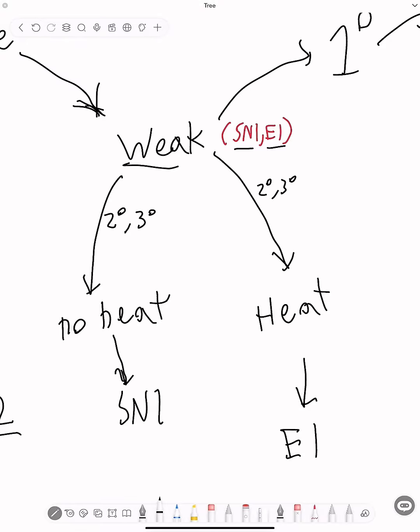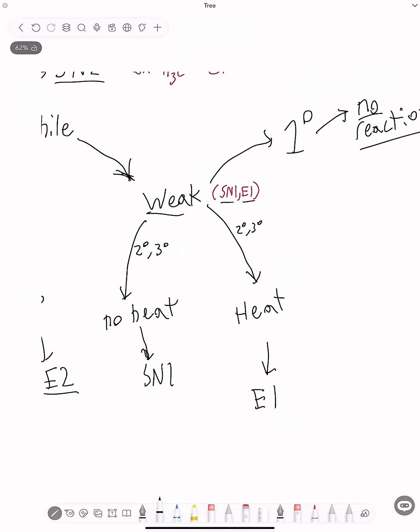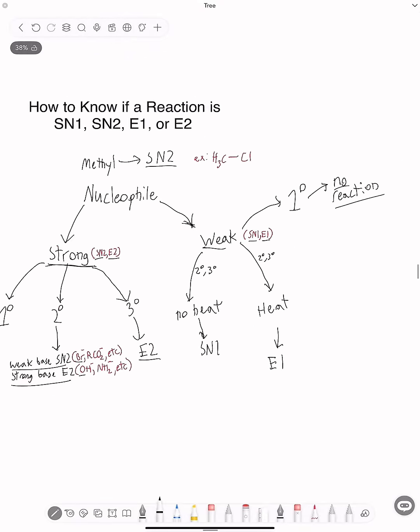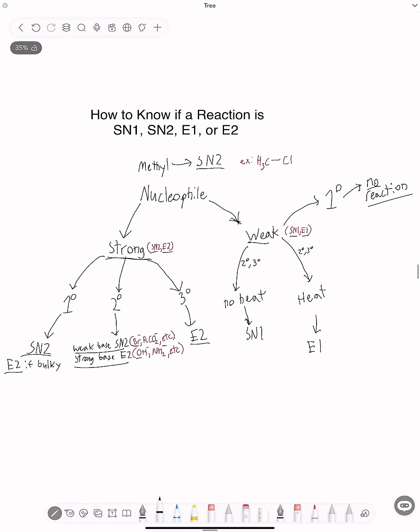But if there's heat, it's going to favor the E1 reaction, and if there's no heat, it's going to favor the SN1 reaction. But yeah, I hope you now better understand how to determine for reactions SN1, SN2, E1, or E2,